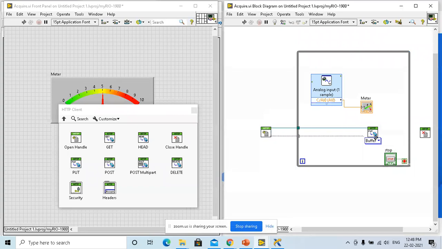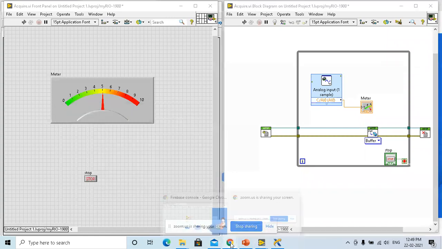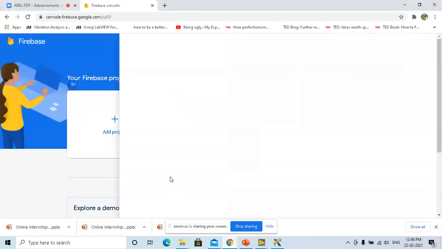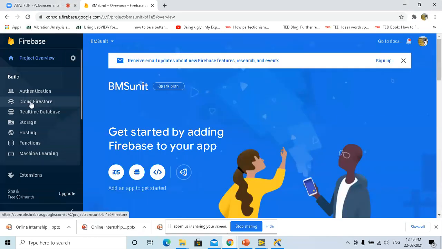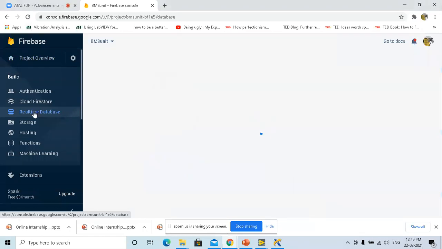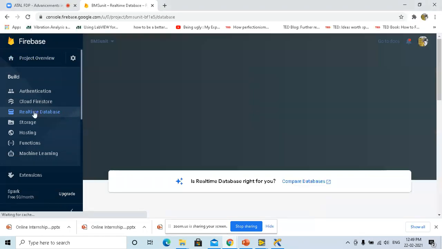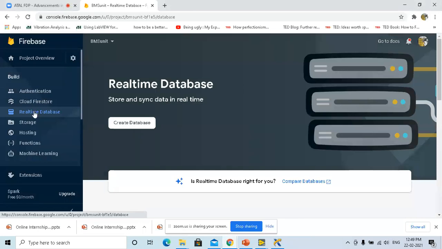For programming here, I don't need to do any complex syntaxes. Everything is available as a block. Here I'll be using a tool called a real-time database, because the data has to be collected from the hardware and put into the cloud database, right?